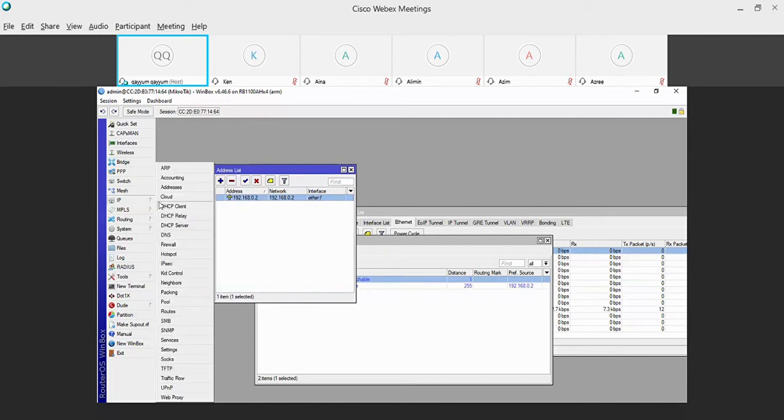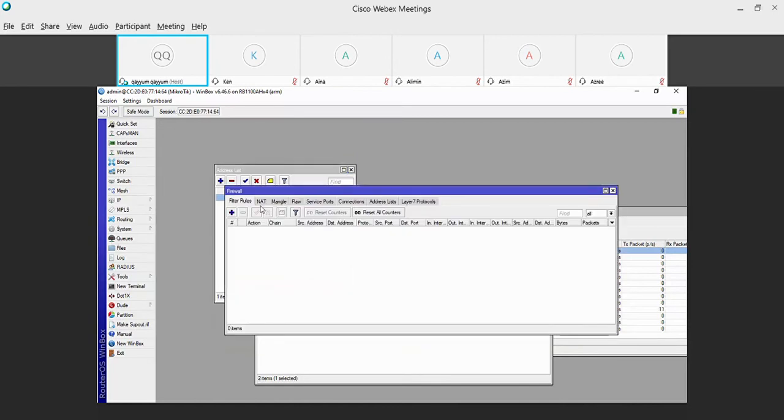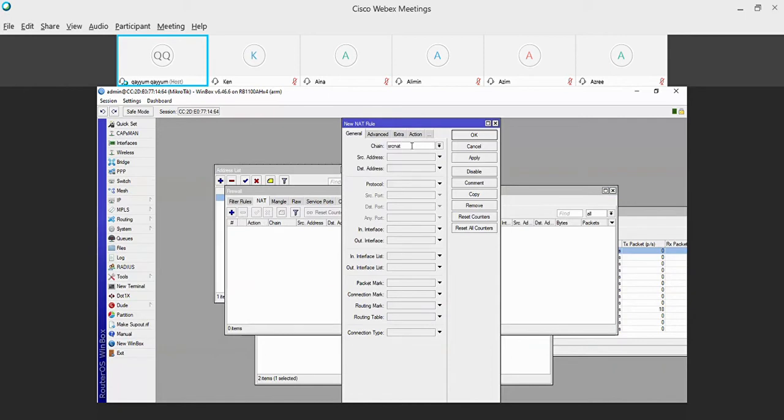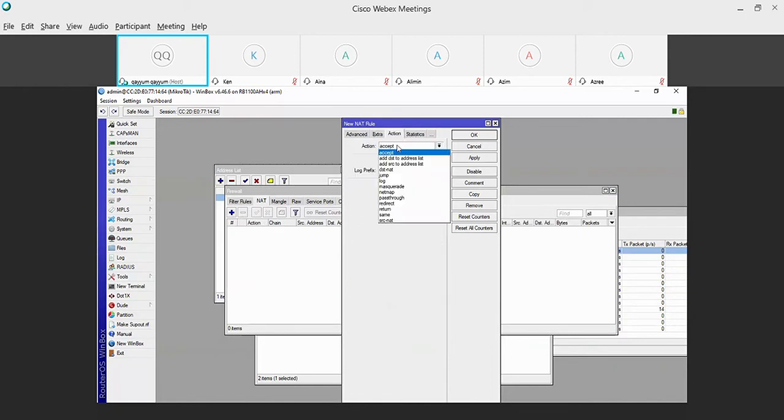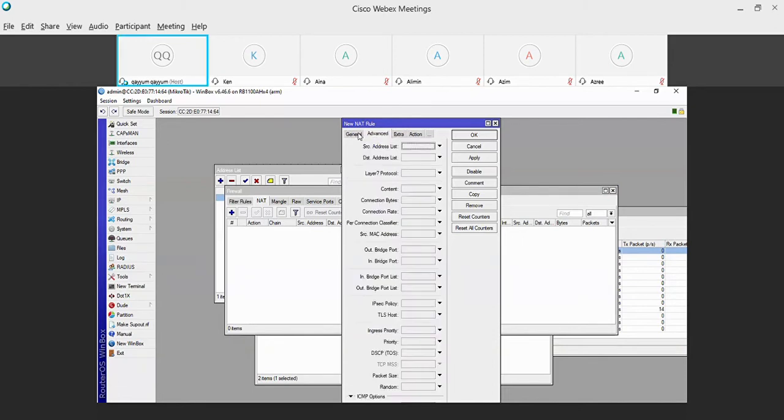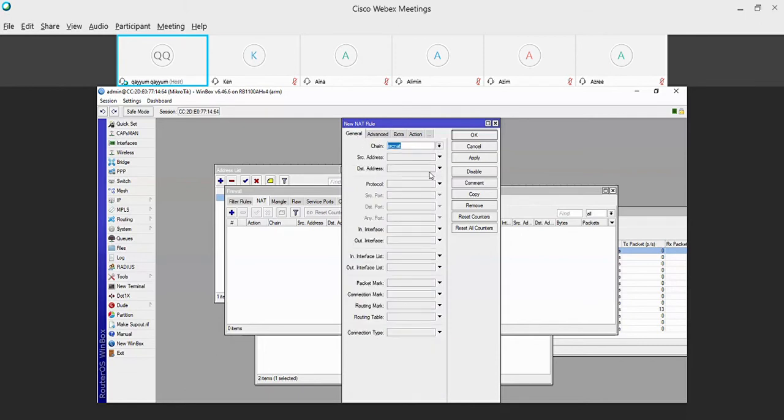So you go to IP firewall, you go to NAT, you add new, chain is srcnat, and for action you just select masquerade. If you want to specify just for port number 1, you can put in out interface ether1.